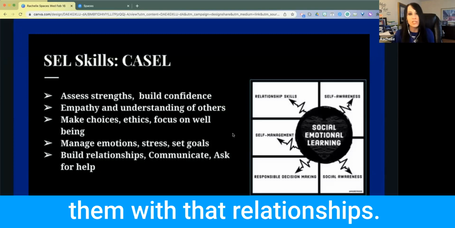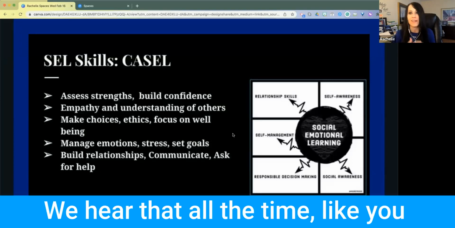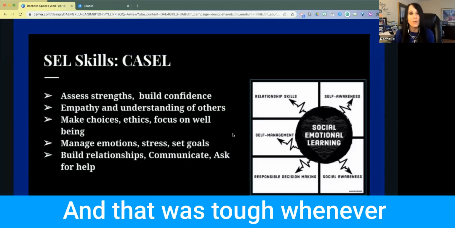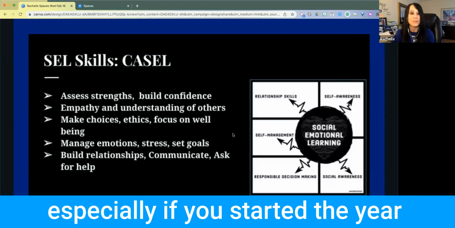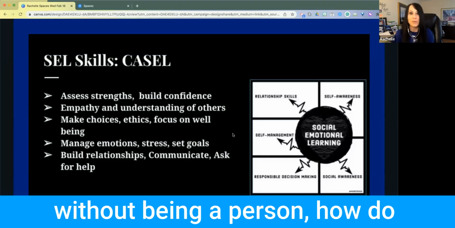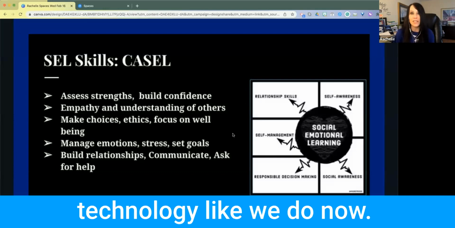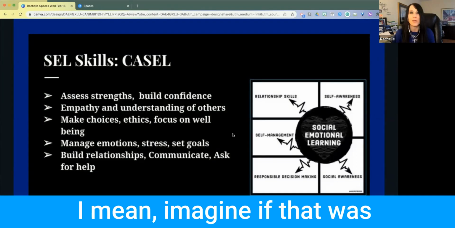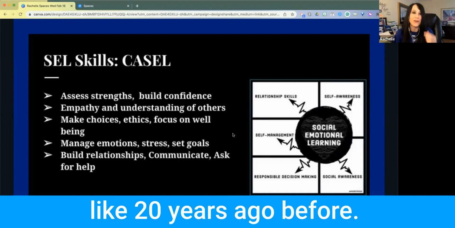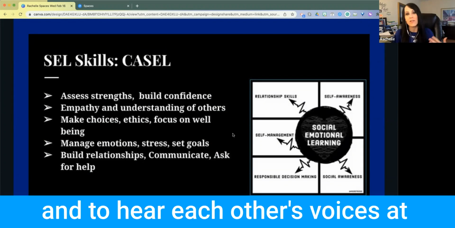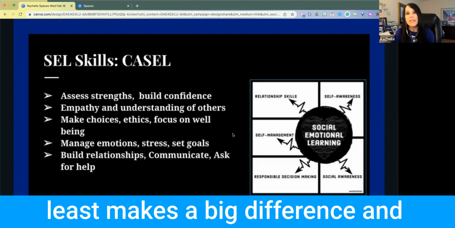Setting up something for our students, using the tools and the methods we have, can help them with that. Relationships, we hear that all the time, got to start with the relationships, keep working on the relationships. And that was tough whenever we were fully virtual, because especially if you started the year without being in person, how do you build those relationships if we didn't have the technology like we do now? Imagine if that was 20 years ago, before internet. Being able to see each other and hear each other's voices at least makes a big difference,